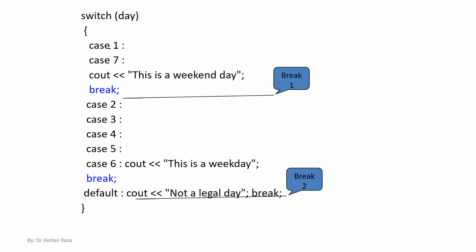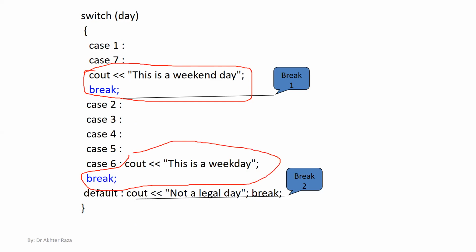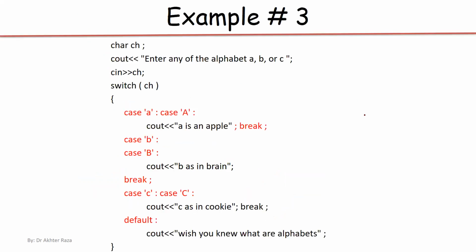We can use multiple cases. This is the or condition. If day is 1 or day is 7, then this will be taken. So this is or. Or means what? Day 1 or day 7, then this will be taken. If day 1 or 3 or 4 or 5 or 6, then this will be done. Otherwise, default. So we can use multiple cases at once, but assume that it is or. Day 1 or day 7, this will be performed.